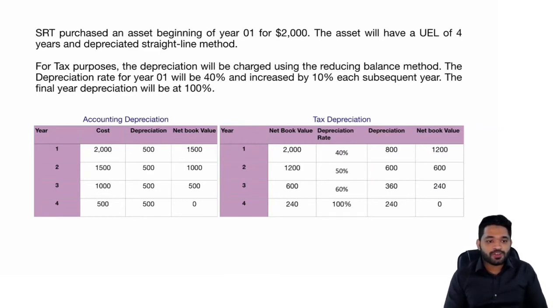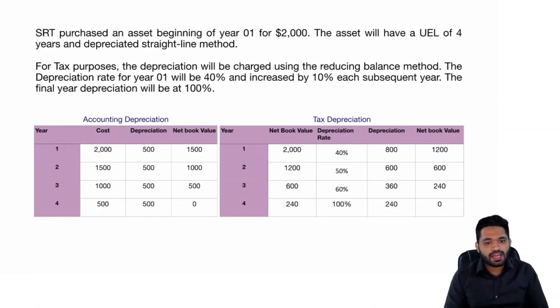Right. So on screen you see me calculating the accounting depreciation and the tax depreciation. The accounting depreciation is fairly straightforward because it's a straight line method and $2,000 allocated over 4 years, so it's 500 each year and we'll allocate 500. Now your tax depreciation for the first year is going to be 40%, and then on year 2 and year 3 your tax rate is going to increase by 10% each. So for year 2 it will be 50%, year 3 it will be 60%, and for the final year 100%